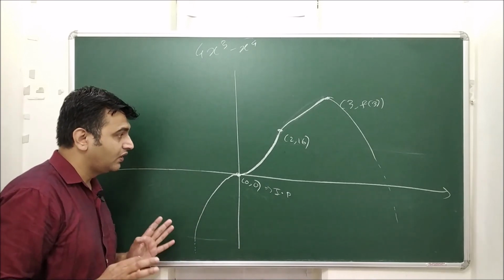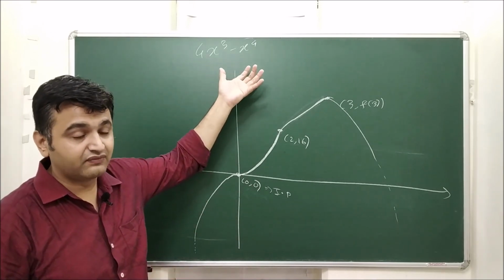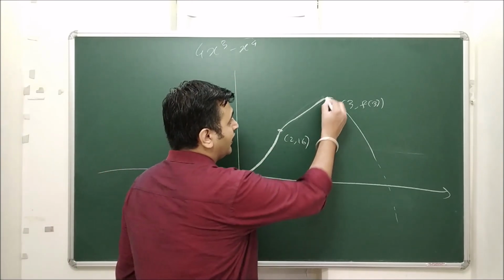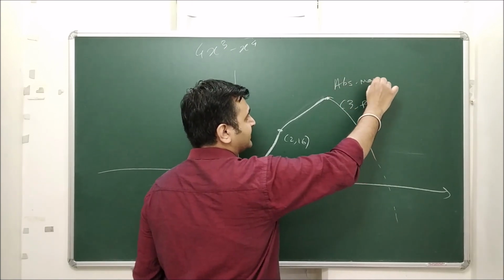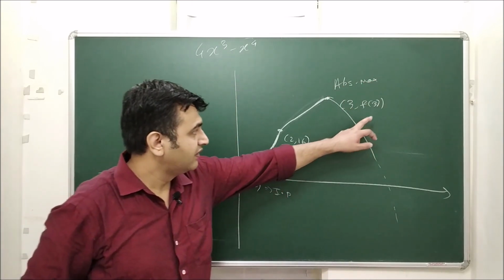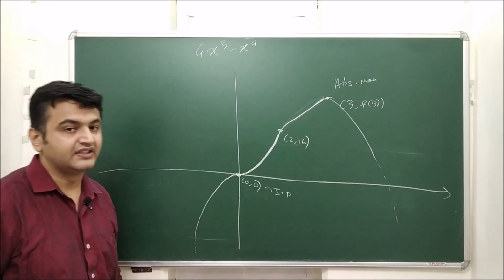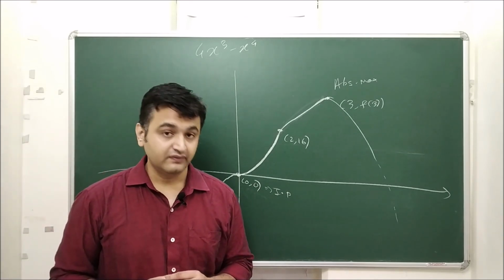So yeah, this is how the rough sketch of your graph looks like. At the start you were not knowing the graph of this, and now you know this is the graph. Here you can see the inflection point. Here you can see this is the topmost, so you can say this is the absolute maxima. What is the maximum value of the function? F of 3. Does the minimum value exist? No, it is going to minus infinity. So yeah, that's how you are supposed to draw the graph of the function.